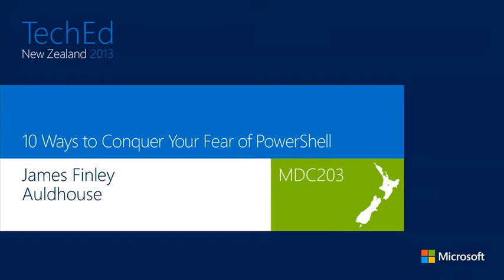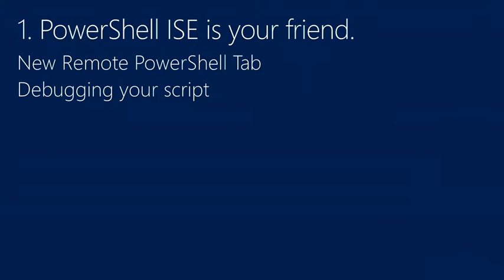But there are things. Now, first things first. What is the first of my 10 tips for this? 1, PowerShell ISE is your friend. The PowerShell Integrated Scripting Environment. And they've made changes. In the very first version of PowerShell, this was an extra feature. You had to go into Server Manager and add it in through the features if you wanted to use it. They realized that this is actually really useful.